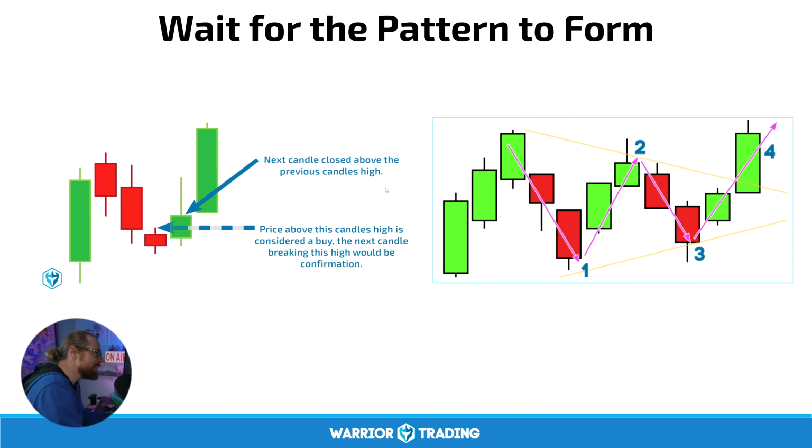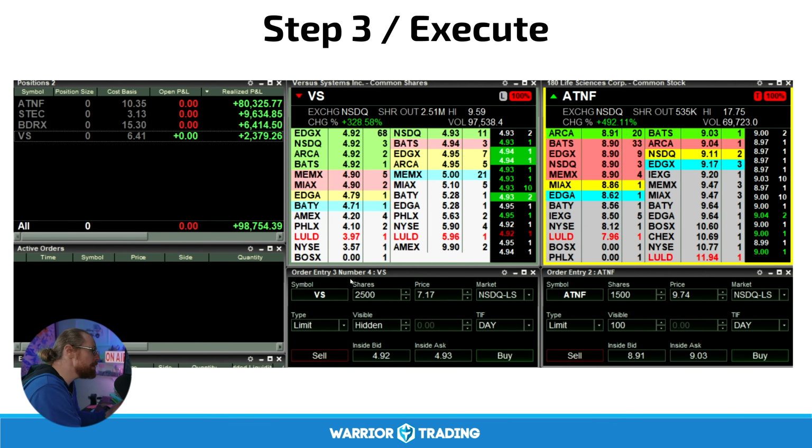Why is this moving higher? And then once I see the catalyst, it's time to wait for the pattern to form. So now I'm waiting for the bull flag. I'm waiting for the candle over candle pattern. I'm waiting for the ABCD pattern. And when I see it, I execute. And this right here is